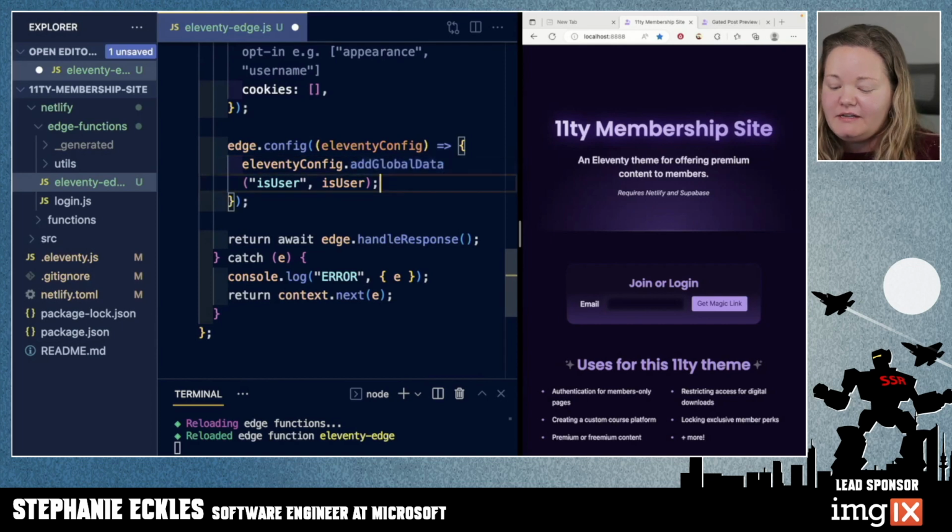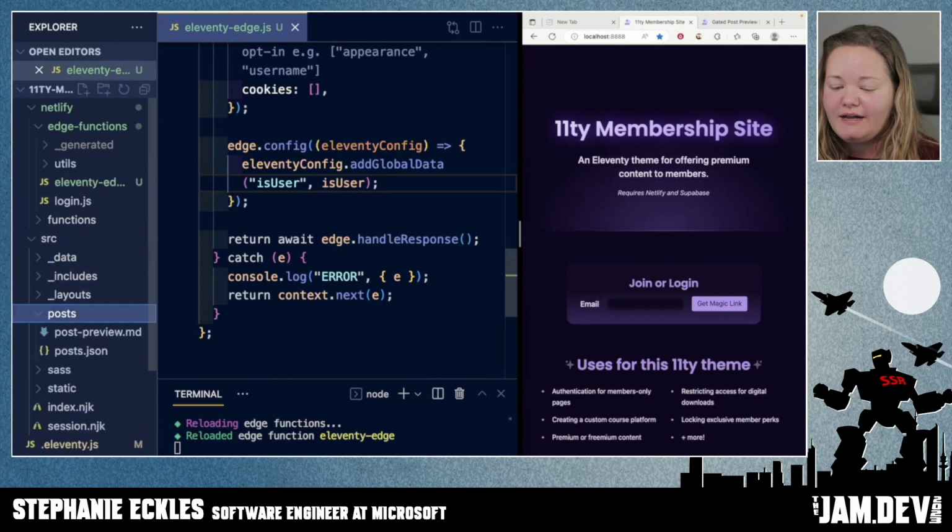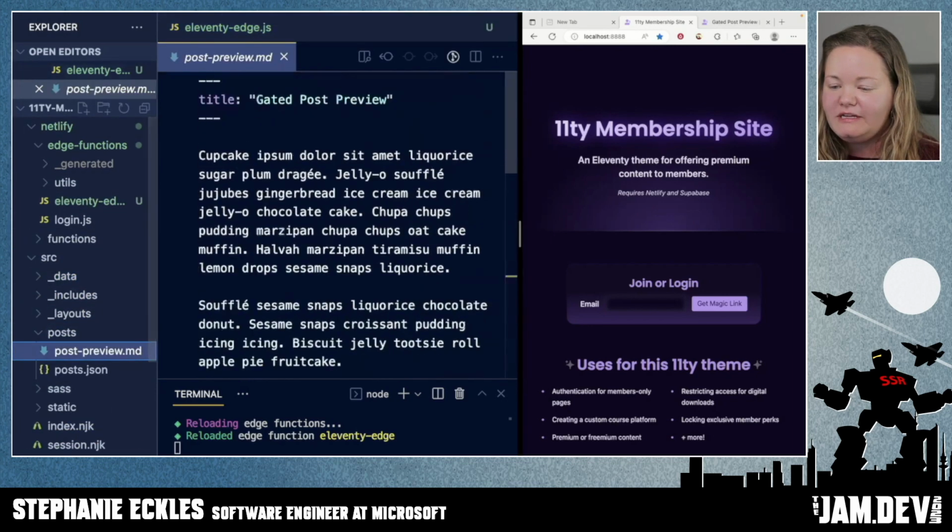This is unique because it's only going to be available within our Edge shortcode, it's going to be dynamic, and it's going to be isolated to that particular page load that is using the Edge function. So it's going to change per page load, essentially, for any given user session. So now that we have that passed down, let's go over to our example post, and we'll just double check